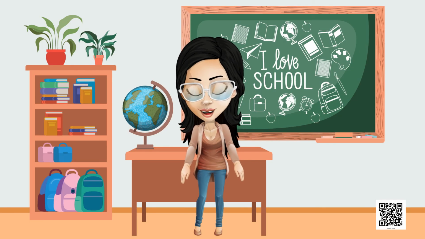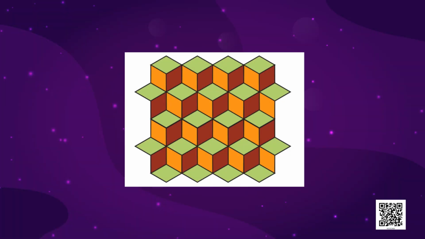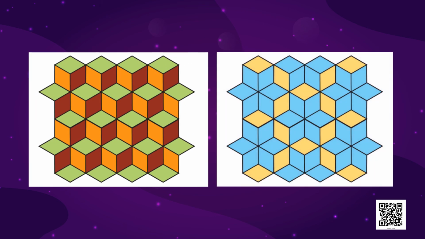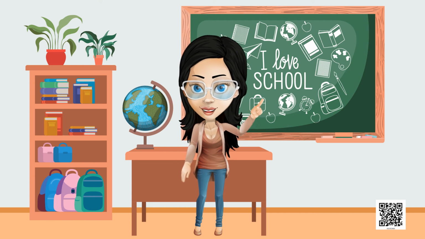Well children, now answer some questions. How many shapes of tiles do you see here? 1, 2 or 3? There is only one design in 3 different colors and it has made a stairs-like structure. Okay, can we make a stairs-like design by using just 2 colors? Yes or no? Try it. So children, now try to make some new designs of such tiles.